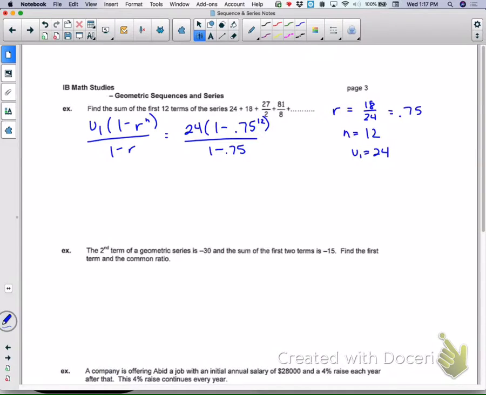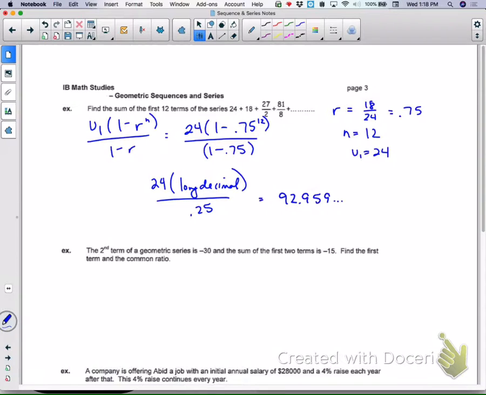But we don't want to do that. Now in this case, I really don't need you to show me any work other than just that. If you plug in that 1 minus 0.75 to the 12th power, you get a really long decimal. And I really don't want you to round that off, okay? So just do it in your calculator in one step. So do 24 times that top part divided by, now if you're going to do it in one step, put that bottom in a parenthesis. Otherwise, go ahead and just do the computation of the 1 minus 0.75 beforehand. This gives you